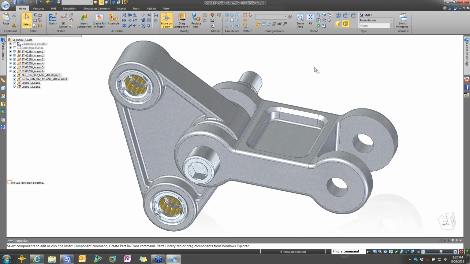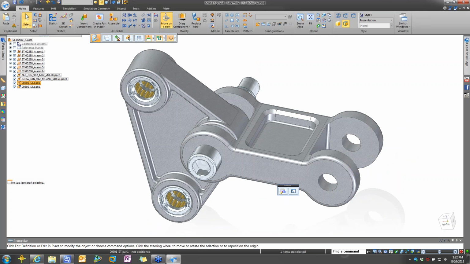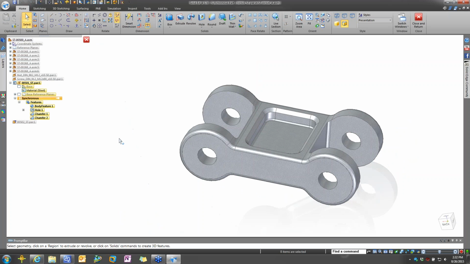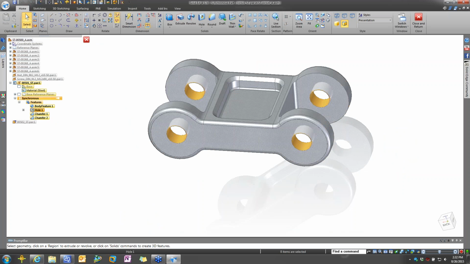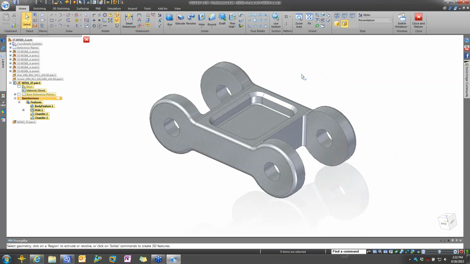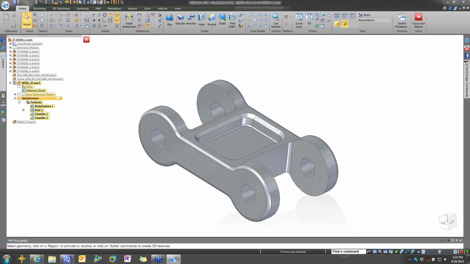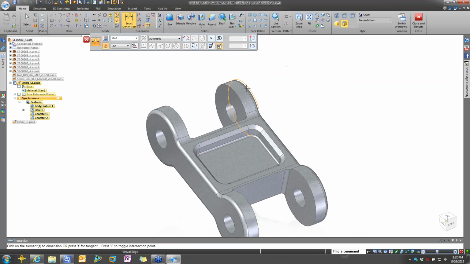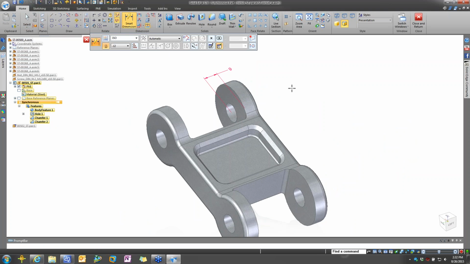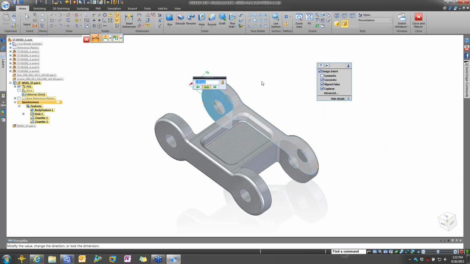So what has this done to the actual part? Well, if I go into the part, what you'll notice that we've done from that assembly level is not only do we not just have a body feature, but now we have intelligent hole features and intelligent chamfers because we've now recognized and placed that intelligence back into the part. And then very similar to what we did earlier, if I wanted to come in and add my own relationships or dimensions to this part, if I want to add dimensions and maybe modify those dimensions,